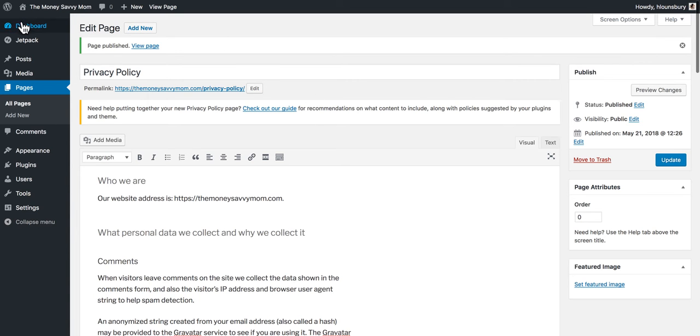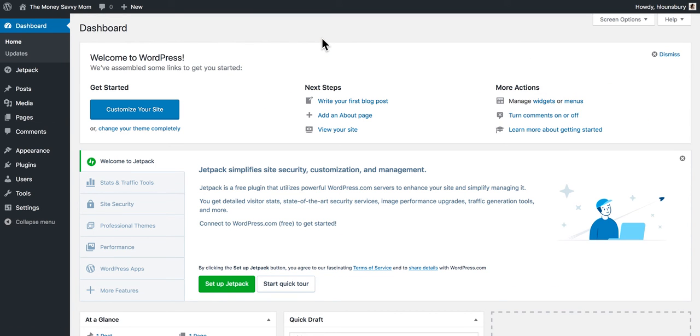So that is a general overview of your dashboard. We're going to get a lot more familiar and a lot more in depth with it, but that will just kind of let you know where everything is on your site to get started,